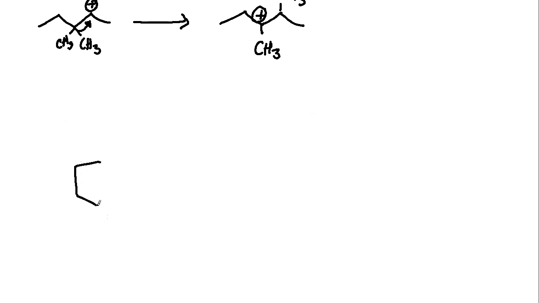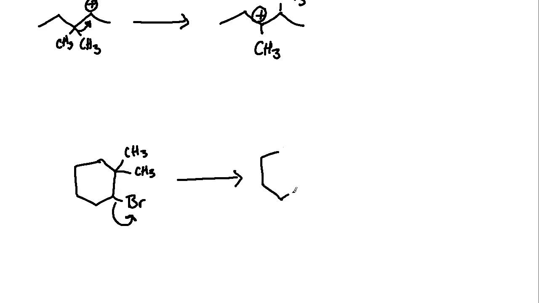Just to show you another example, let's say we have a six-membered ring. The six-membered ring has a leaving group here, but it also has two methyl groups up here. So we've got a methyl here and a methyl here. If the leaving group leaves, and this is also important because this is for SN1, we need the carbocation. So we're not talking about SN2s where there's no carbocation intermediate, because the whole point of the rearrangement is it's stabilizing the carbocation. So here's secondary. You've got your two methyls. You're going to shift one of these methyls